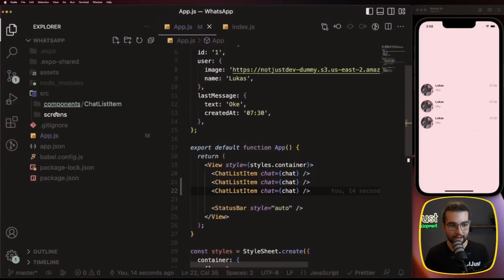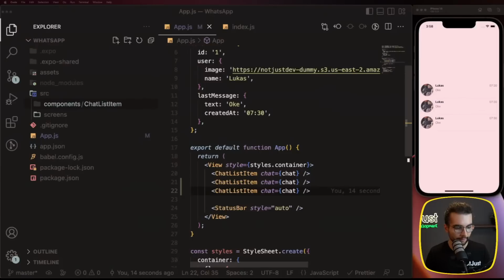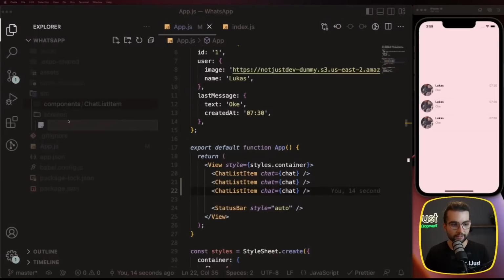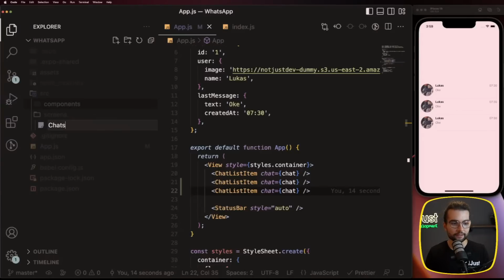This is going to be a sibling folder to the components. Now inside the screens, I'm not going to create separate folders for the screens. I'm going to simply create files for these screens. So the first screen is going to be called, how is it called? Chat list or chats? I think I created it as chat screens. So in the screens, new file, chats with plural. Come on. Chats screens